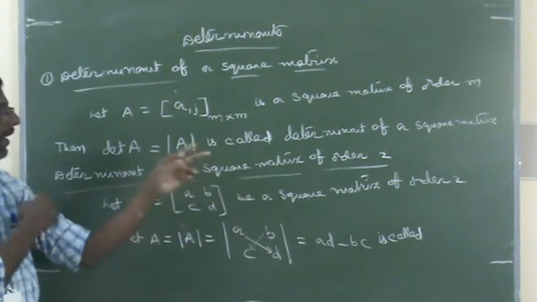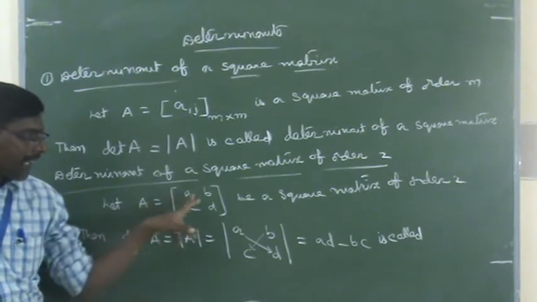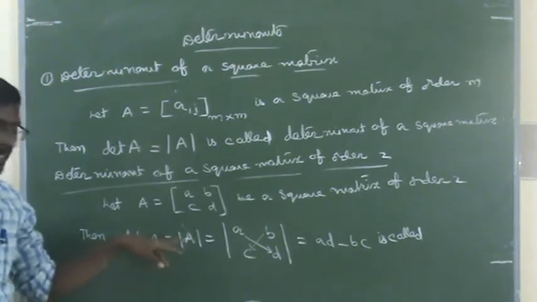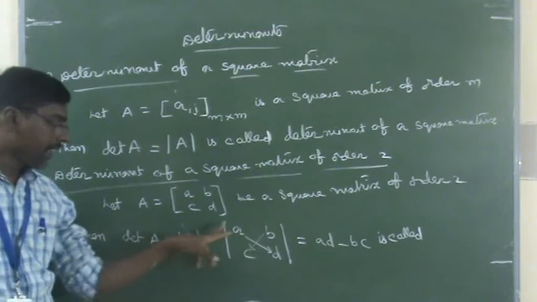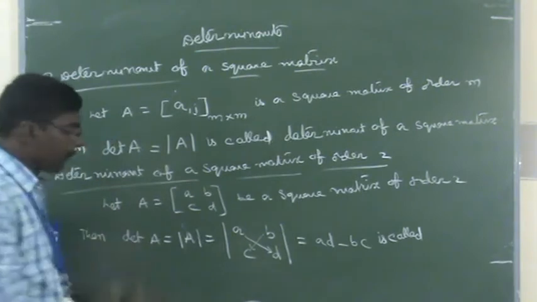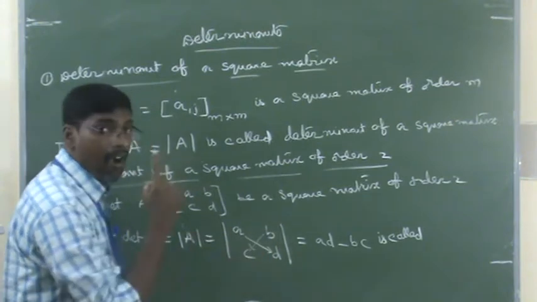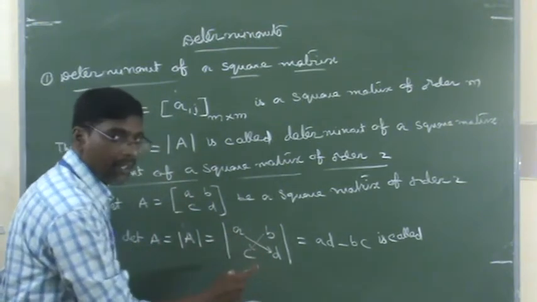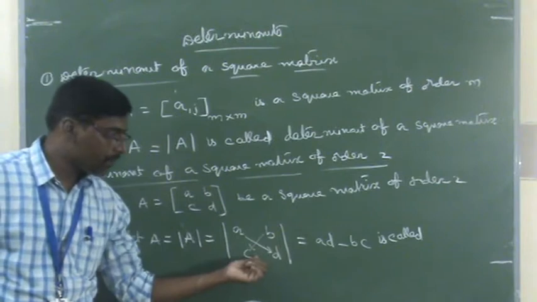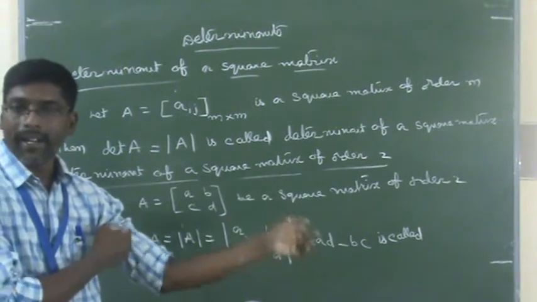The space is not sufficient. Please listen very clearly. The given matrix of order 2 by 2, matrix A, can be written as a, b, c, d, a square matrix of order 2. Then det A, symbolically denoted by determinant of A, the determinant of a, b, c, d, means a into d minus b into c. Always start from a into d only. Many students get confused and write b into c minus a into d. Wrong. a into d minus b into c, ad minus bc, is called the determinant of a square matrix of order 2.